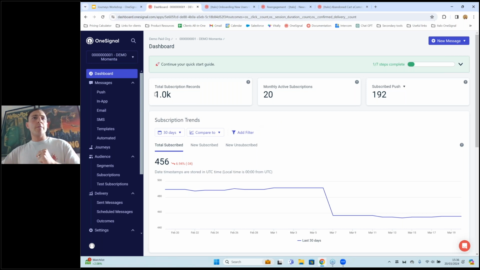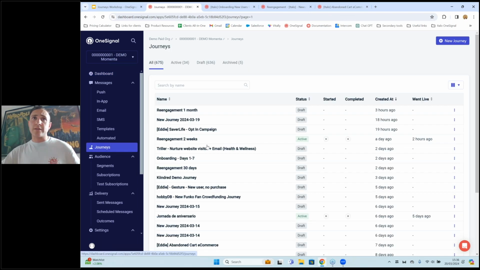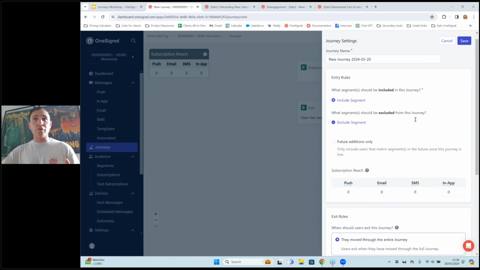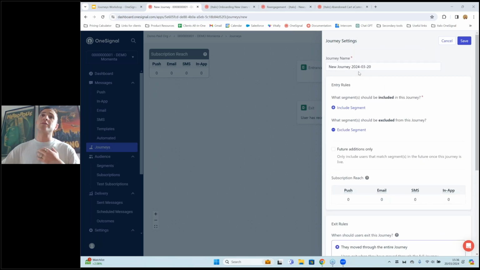Okay. Perfect. So I'm going to jump into the dashboard. This is what you see when you just log in to OneSignal, and I am going to move to the left here into the journeys section, right? So in order to build a journey, we need to go to the blue button here, and you just click the blue button, and you'll see immediately the journey settings here, right? So this is very short. It's very straightforward, but there are a couple of important things that we need to do before setting the journey live, right? So the first thing is naming the journey. So what is it going to be? Let's say that we're going to create a re-engagement journey as an example, right?